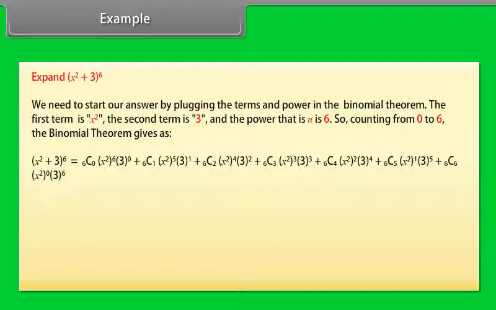into 3^1 plus 6C2 into (x^2)^4 into 3^2 plus 6C3 into (x^2)^3 into 3^3 plus 6C4 into (x^2)^2 into 3^4 plus 6C5 into (x^2)^1 into 3^5 plus 6C6 into (x^2)^0 into 3^6. After simplification, we get